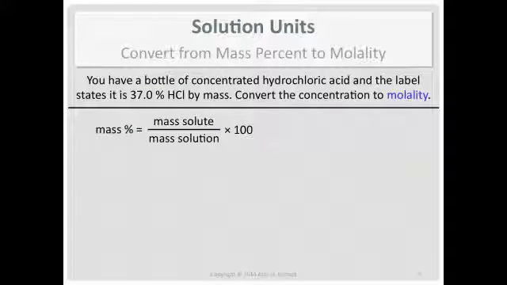Molality. Well, we've done that. What's the definition of molality? Moles of solute divided by the mass of the solvent in kilograms. Well, there are definitions. We don't seem to have a whole lot of information. I mean, as far as numerical information, that's all we're given. So let's start with that and see what we get.